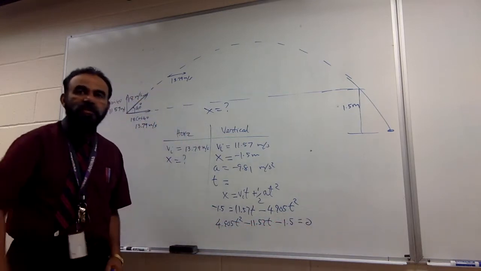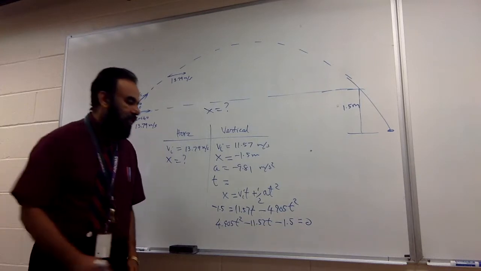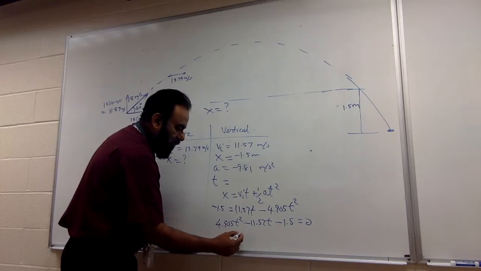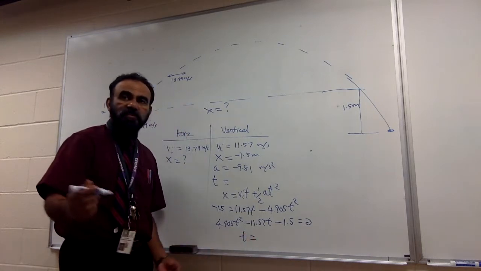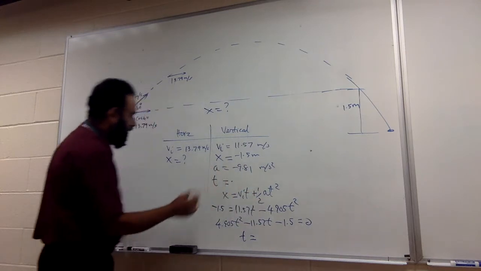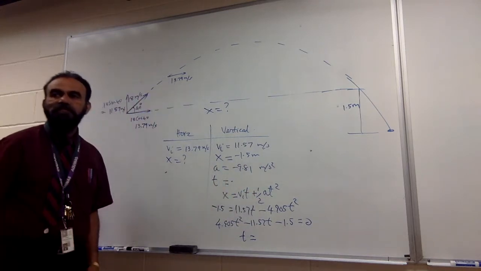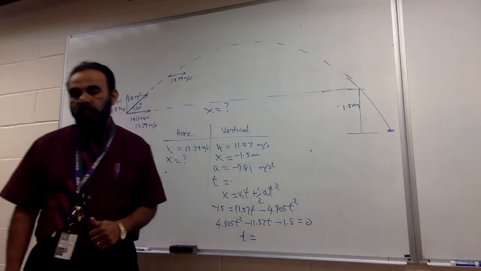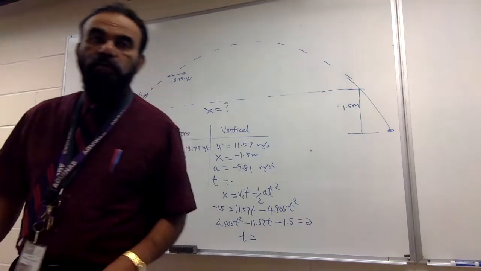Now this is a quadratic equation. You have to solve it by minus b plus or minus root of b squared minus 4ac over 2a. So solve it and you get a positive answer, a negative answer. Take the positive answer and then put it down here and put it down here and all that stuff. So the procedure is exactly the same except for this. Okay? I will show you how